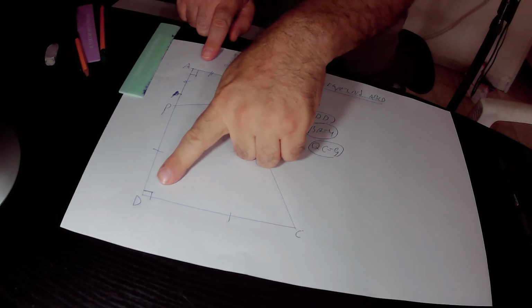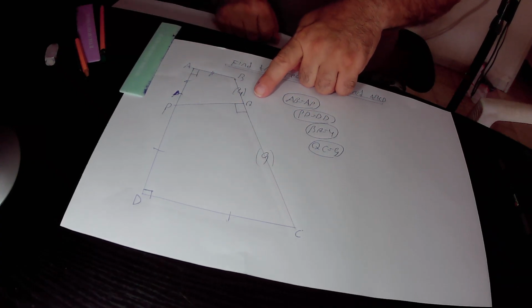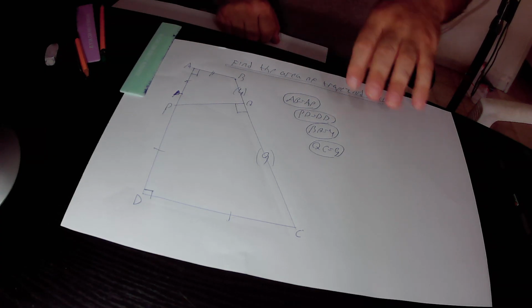Those two angles are right angles. And this is angle PQC that is also a right angle. Again, our mission is to find out the area of this trapezoid ABCD. So, first of all,